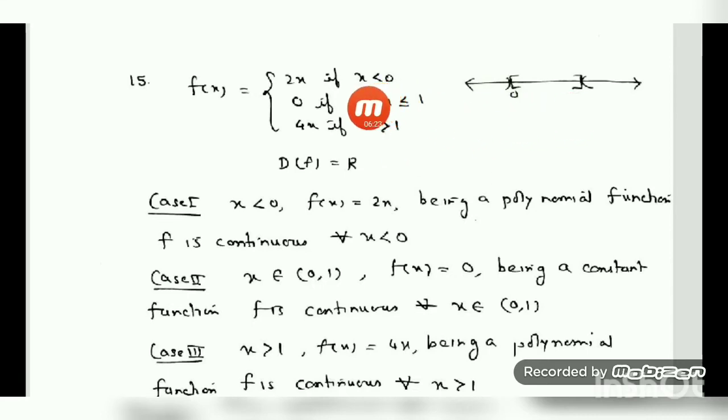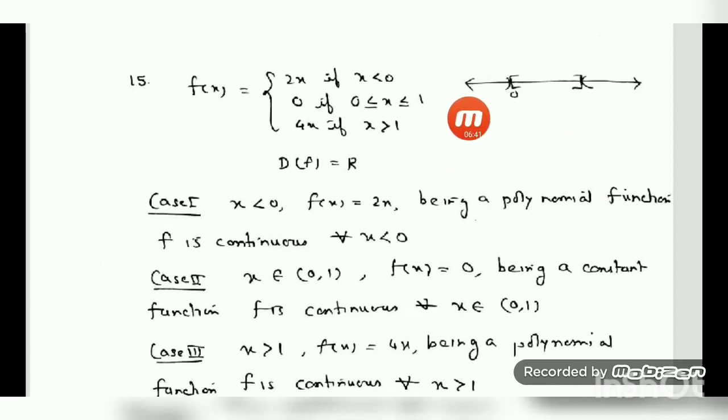After it you see, less than 0 the function, that means up to minus infinity you have to go. Next is 0 to 1 and then 1 to infinity. So what is the domain? The domain is R. How many cases will it be divided into? You see 1 interval, 2 intervals, 3 intervals and 2 points. That means here we'll have 5 cases.